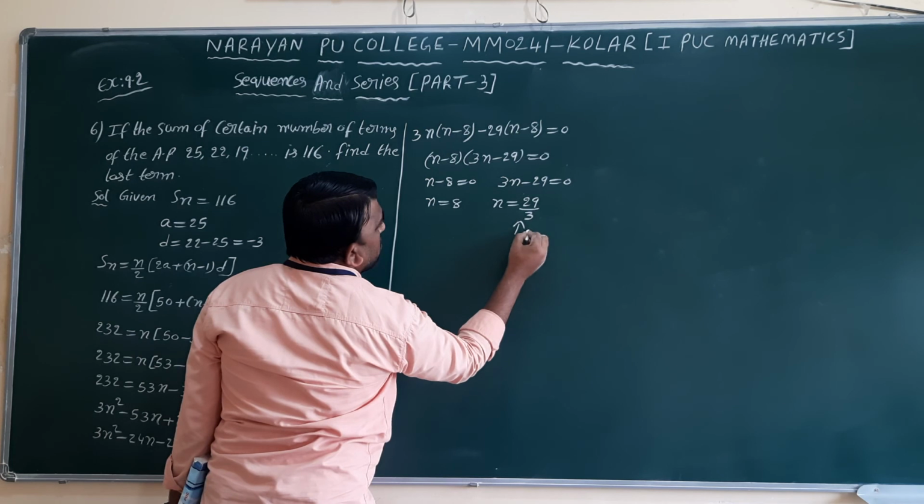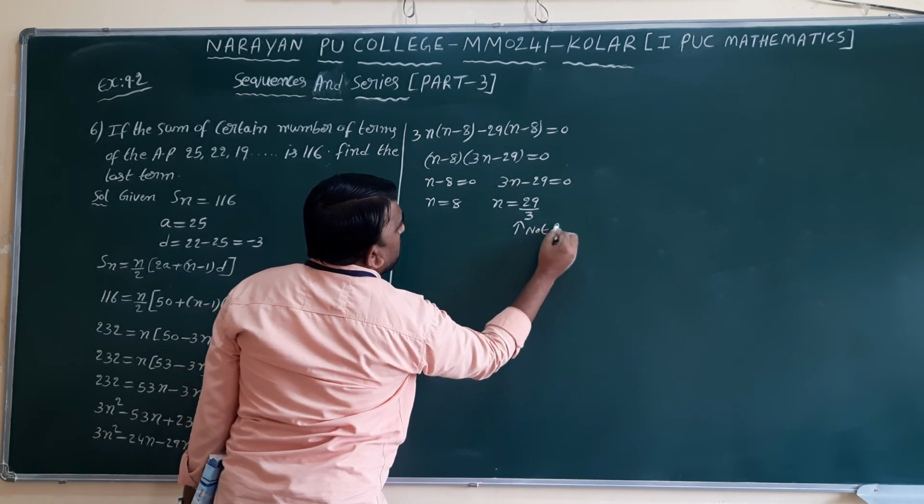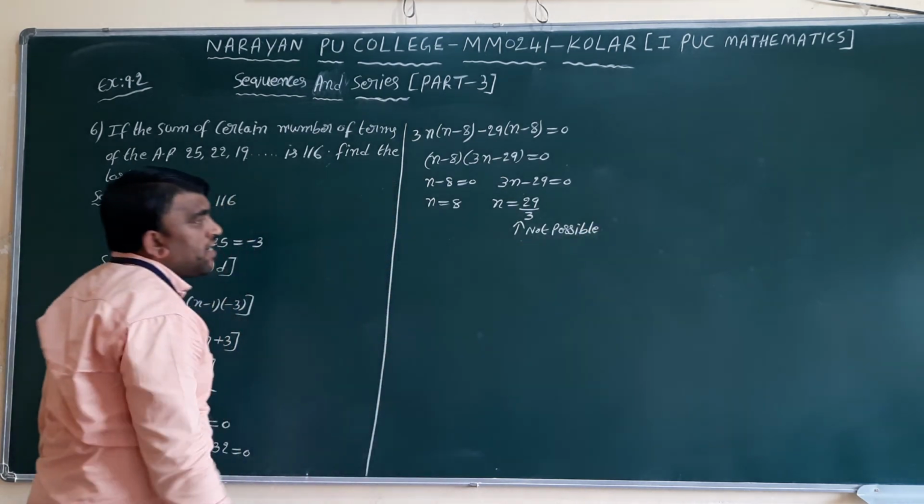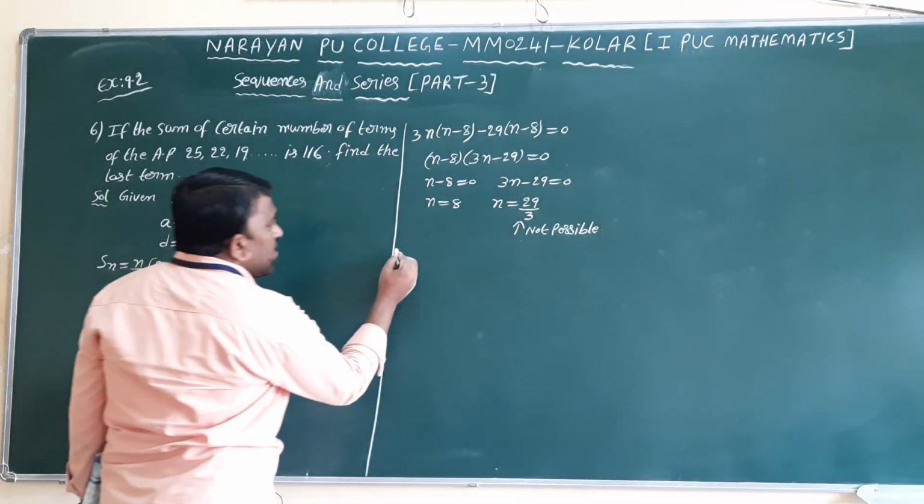It's not possible because n is a positive integer, we need to take. That's why it's not possible. n equal to 8 we got. Last term equal to